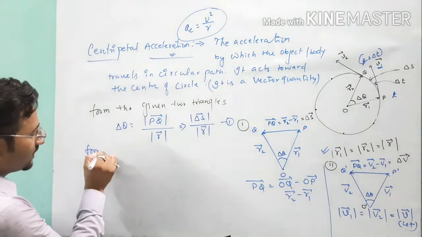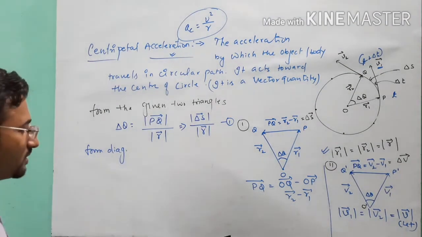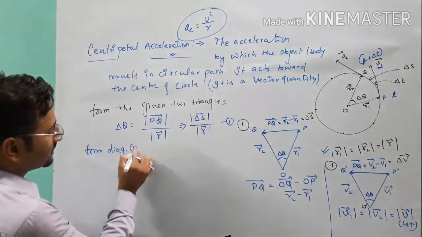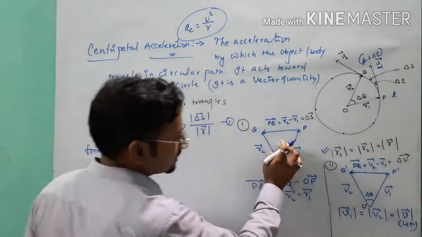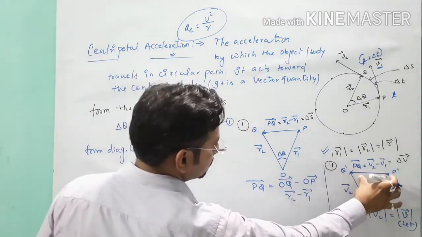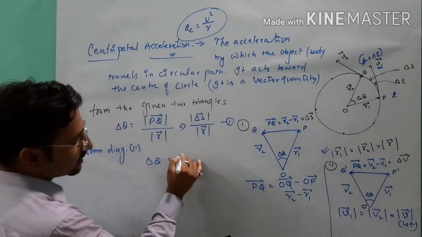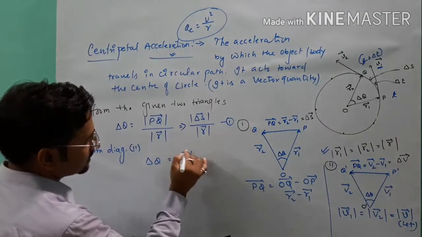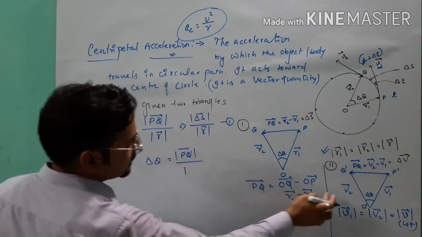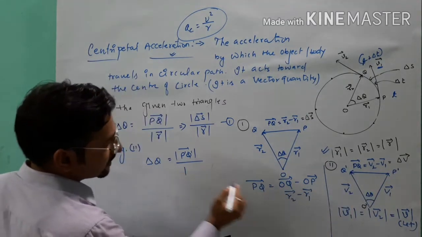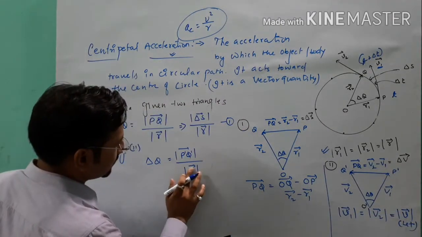After that, from diagram second, if you will see, we have two methods. Listen student, this is our first method. From diagram second, we can see here delta theta, similarly the same way, delta theta is equal to this upon this, meaning arc upon radius. So here our arc, which is p dash q dash mod of this, over the value v1 v2 is same, and this v1 v2 is represented by v vector, so it is our v vector.